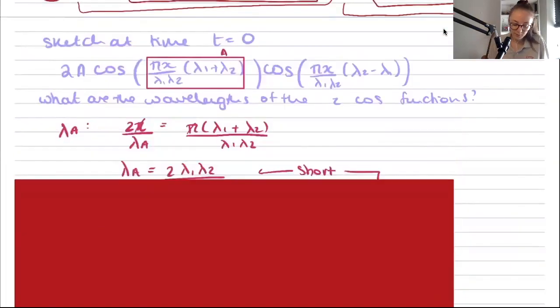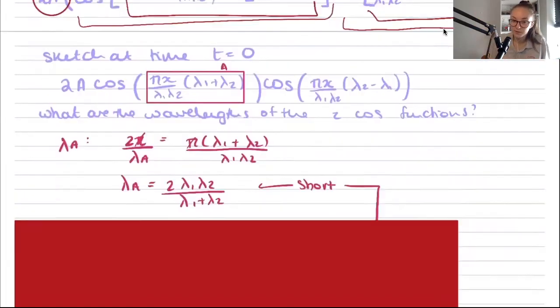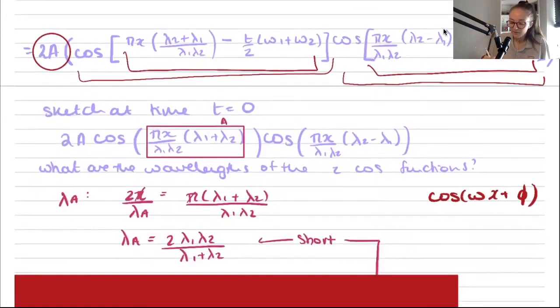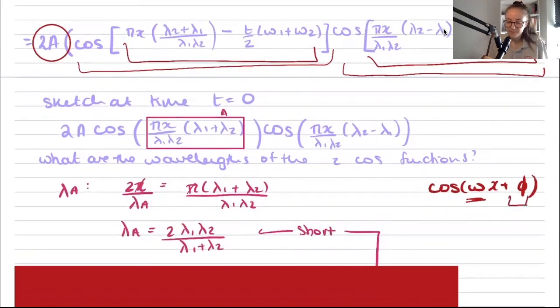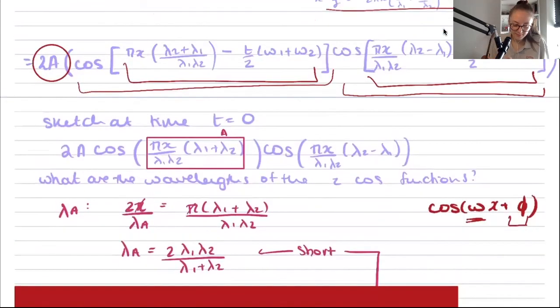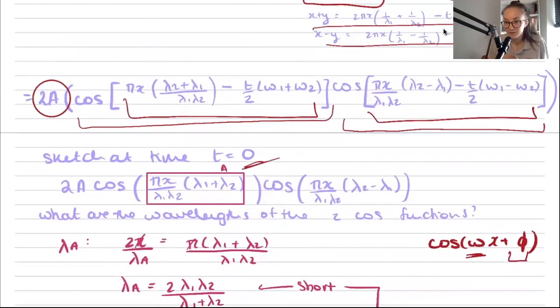And we can work out what the wavelengths of these two cos functions are, remembering that a wave would be in this form, where the prefix to our useful function, I suppose, would be omega. And then we have some kind of phase difference here. So at this point, I've set time as 0, just to look at one still image. And I can say that omega is equal to